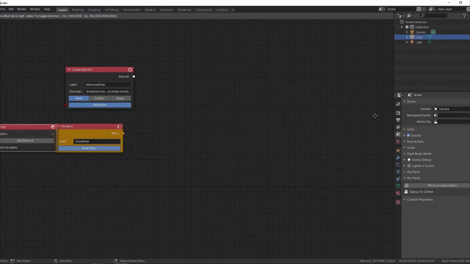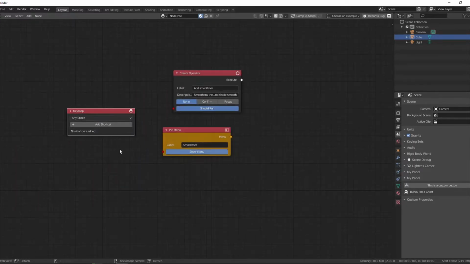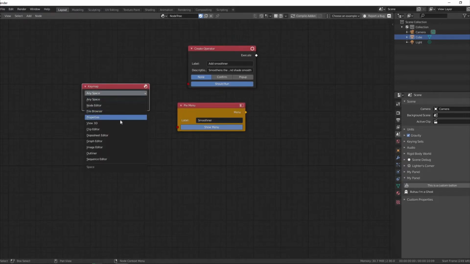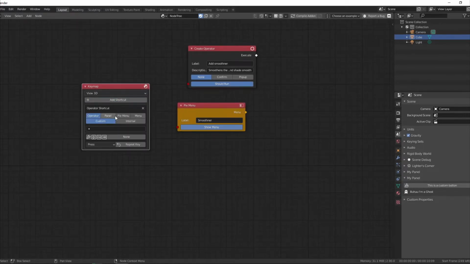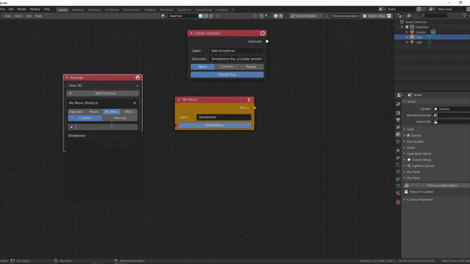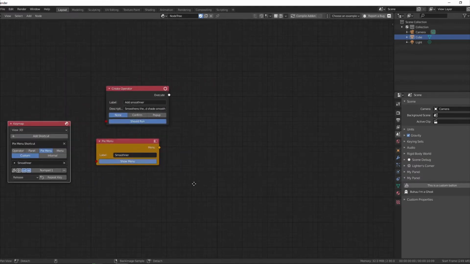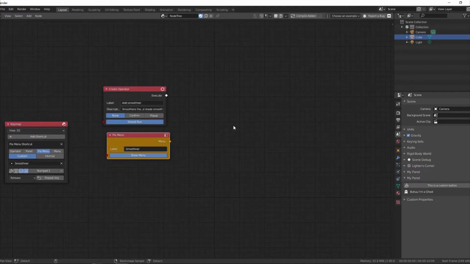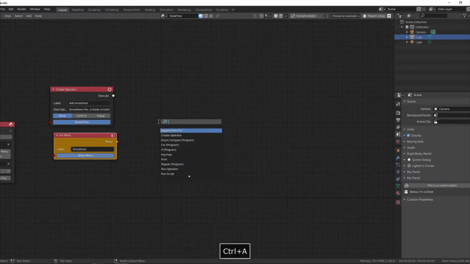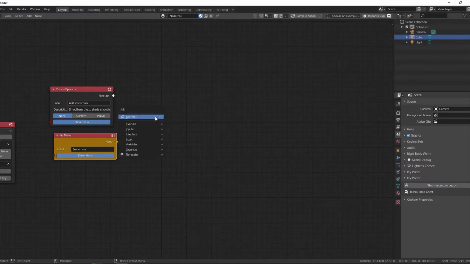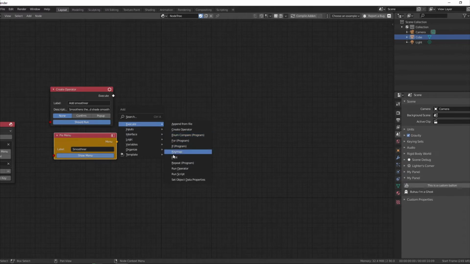And then we will need a key map node for creating a shortcut for the pie menu. From the drop down you can choose the region where you want this pie menu to appear upon pressing the shortcut key. I want it to appear in 3D view. Then choose the pie menu option and select the name of the one that we just created, and then you can assign any key you want to the pie menu. I am assigning Ctrl+Alt+Numpad 1. And after compiling this add-on, if we press the Ctrl+Alt+Numpad 1 key, the empty pie menu will appear, as we have not created any button in it till now.